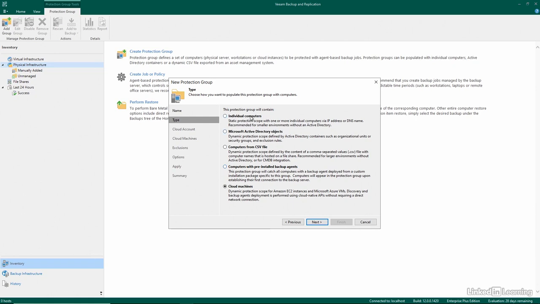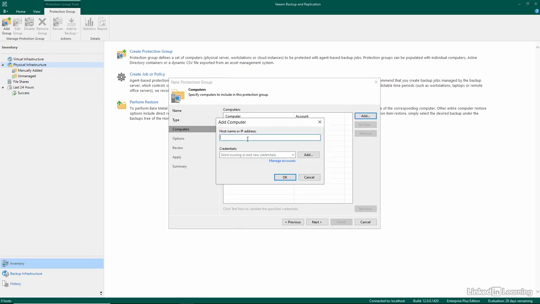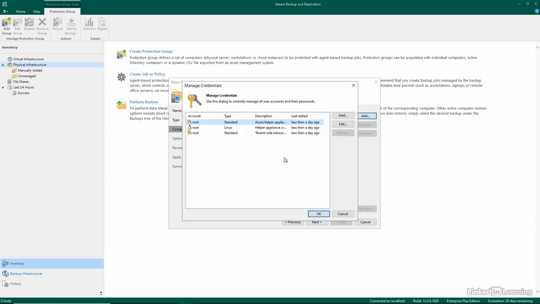I'm going to choose the individual computers option, click Next. Now I'm going to click Add and choose either the name or the IP address of this server I'm going to back up. And I'm going to need to add in some credentials. And I can choose the stored credentials, such as a standard account, Linux, etc., or single use in Linux as well. In my case, I'm going to click on Manage Accounts, and I'm going to click Add, and I'll choose